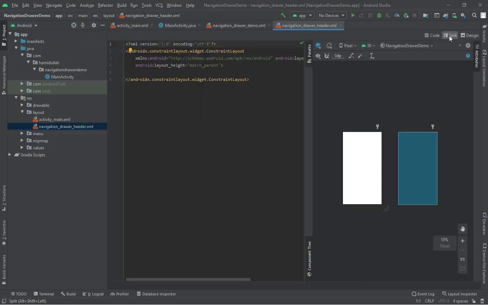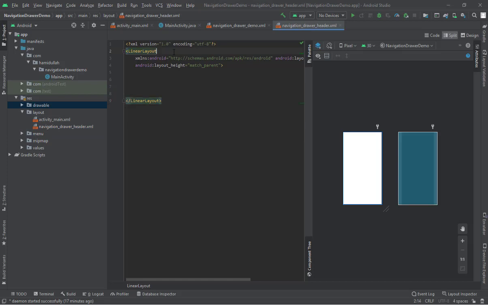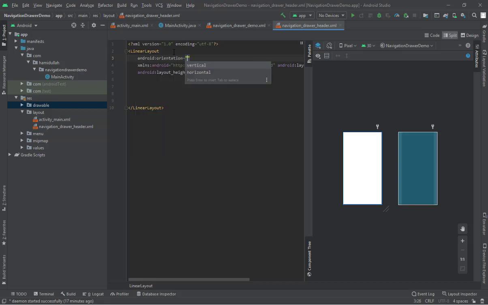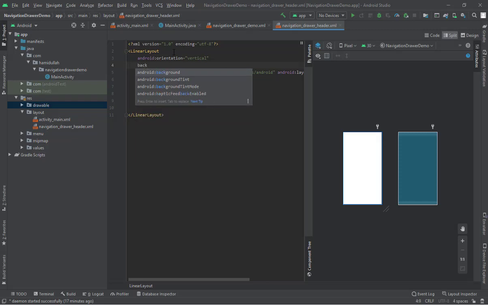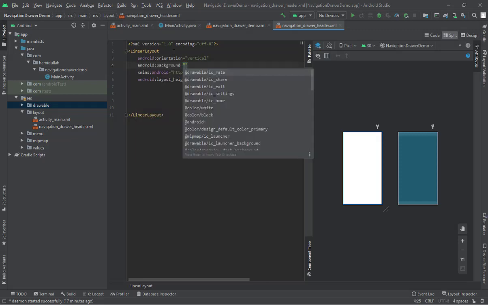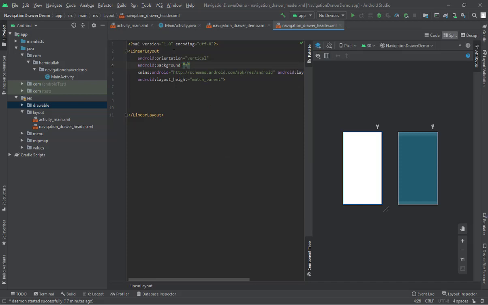Change the design view to the code view, and here we will change the layout manager from constraint layout to the linear layout, and also in here you need to define the orientation for our linear layout. We say that the orientation is vertical, and if you want to give a background, you can set the background for our linear layout. We say the background, and we choose a color,